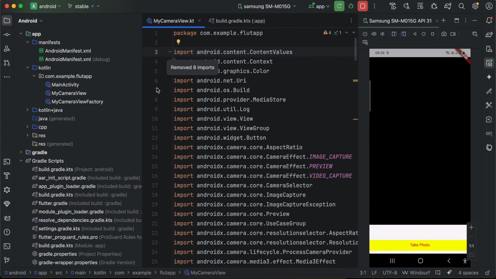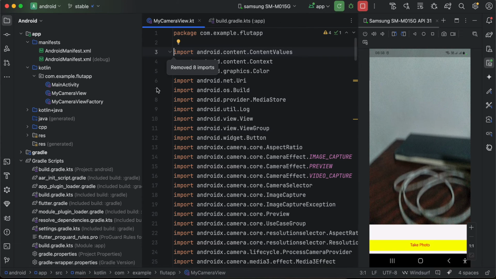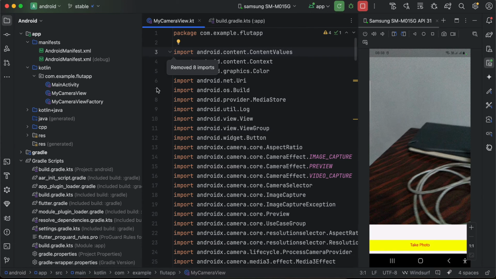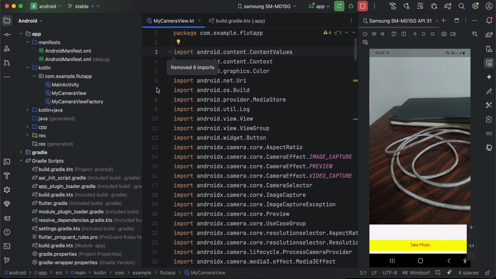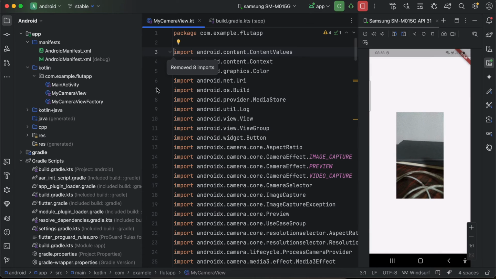It opens the camera for me, and here you can see it has started applying the frame drop effect. Since I'm mirroring my device, that's already causing unnecessary lag, but it has also applied the frame drop effect. Do notice I'm using a low-end Android device, so the performance is a little bit bad as well, given that this Media3 effect library is still in alpha. But here you can see once I click on take photo, it captures the image and displays it inside an image view widget. The take photo button is also a native view, only the image display is a